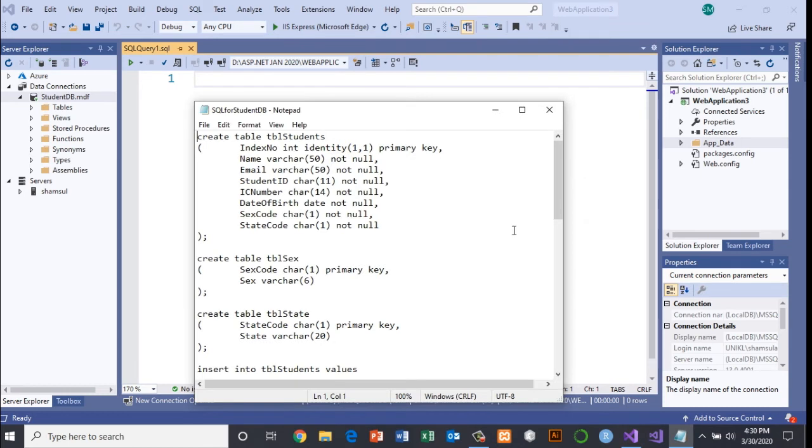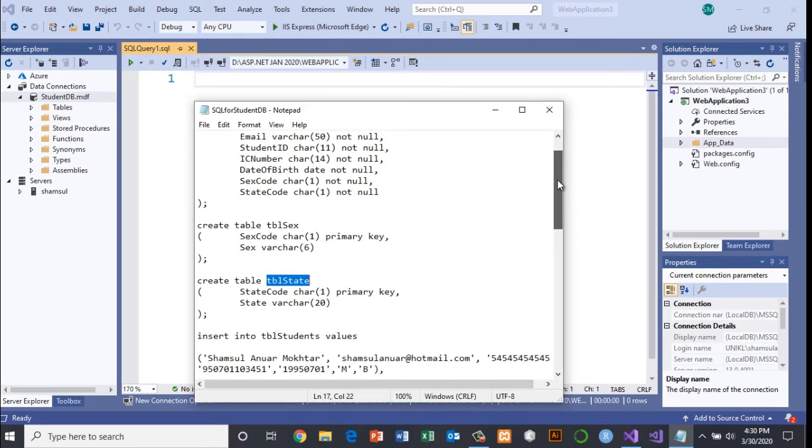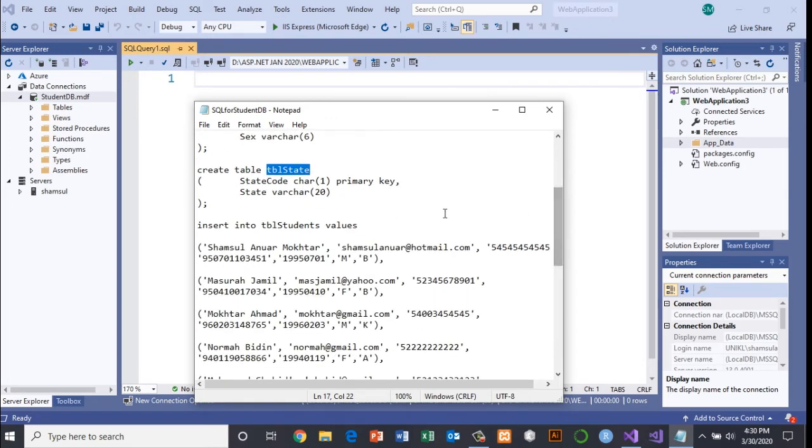In this text file, we are going to create 3 tables for our database. The table names are TBL students, TBL sex, and TBL state. In addition to that, we are also going to add the values or the data for each of the tables using SQL commands. So these are the commands.